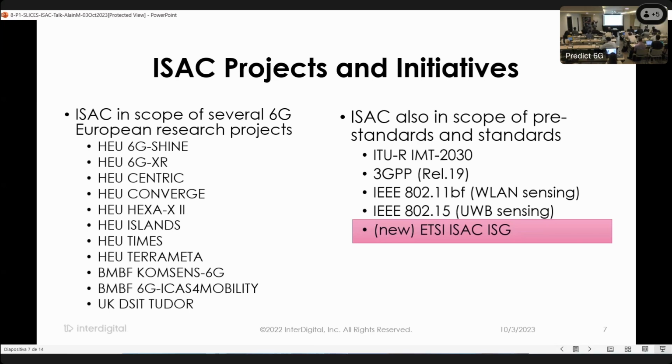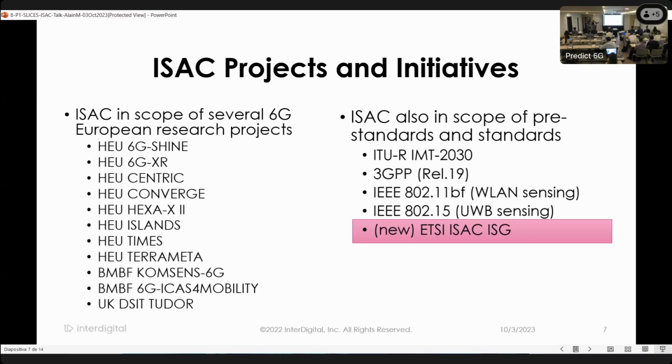Now that's on the research side. So we are investing many millions of euros with the whole community here in Europe, but not just in Europe, on this capability. And this capability is already being picked up by pre-standard and standard bodies, global standard bodies. As I said, ITU IMT 2030 has already identified and agreed that this is a capability that needs to be added in. The 3GPP, the most important body defining what 6G is going to be, has already agreed that this capability is part of the study that 3GPP is going to do for Release 19, which is in the next 18 months, to prepare the ground for 6G.